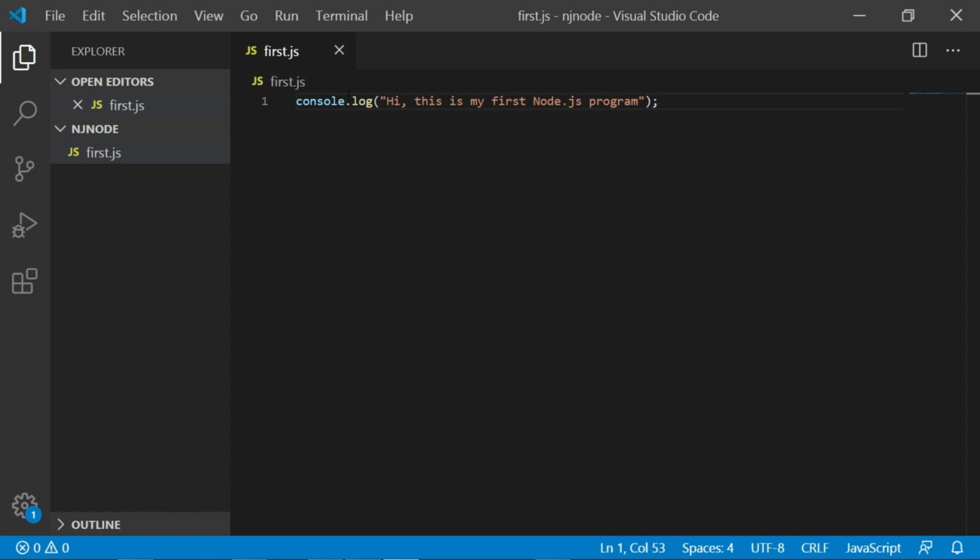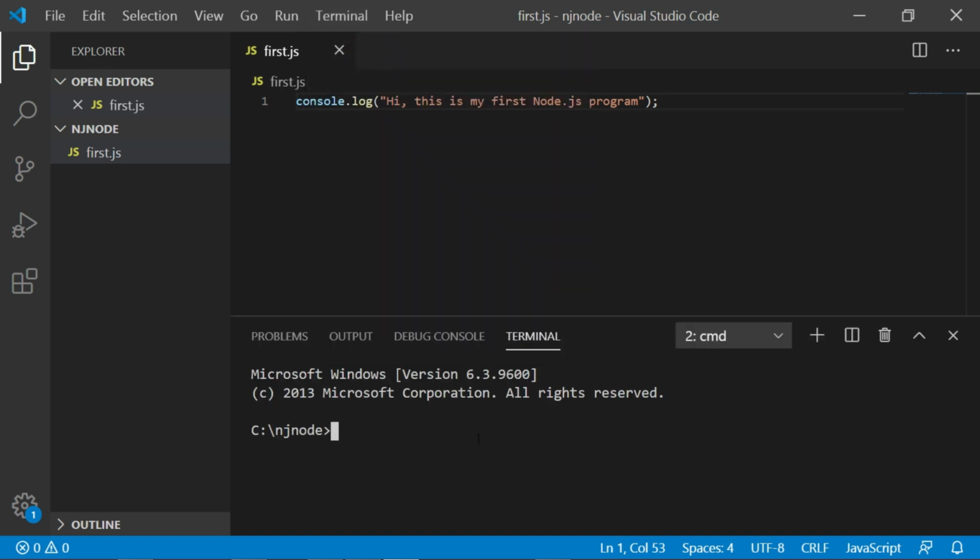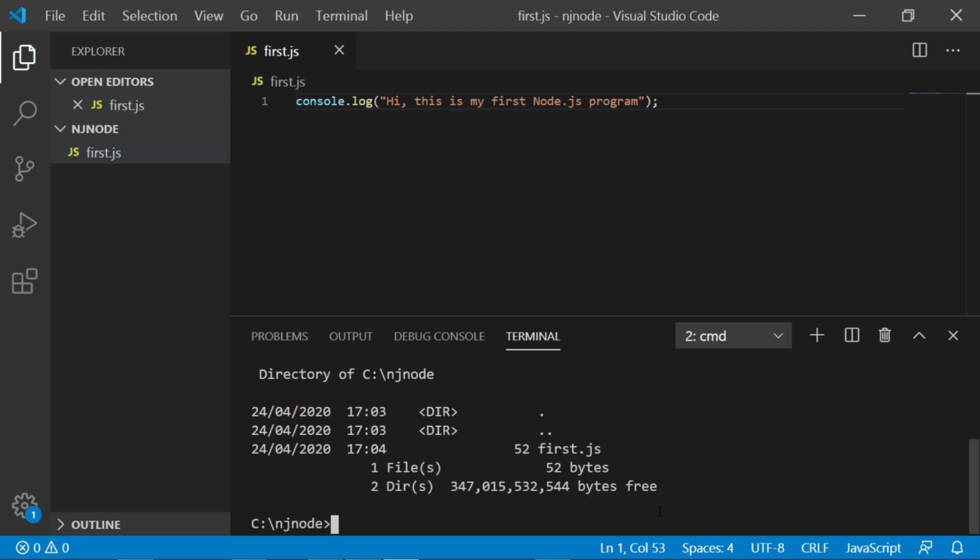So we can go to the command prompt and run this code, or to make it more simple, we can open the terminal in the VS Code editor itself. Most of the editors have access to the terminal, that is the command prompt. So in VS Code, I will open the terminal and it will show the command prompt like this. Here we can run all our commands. For example, I use the dir command to see the list of files. Let's try the cls command to clear the screen.